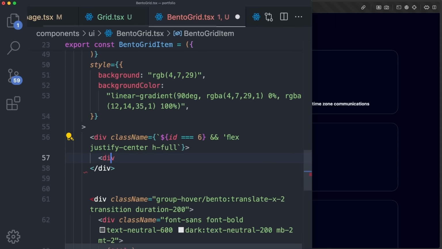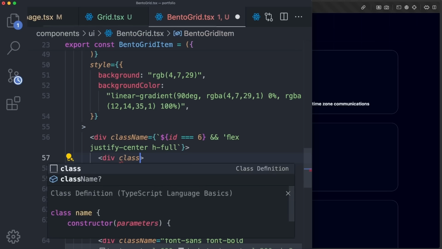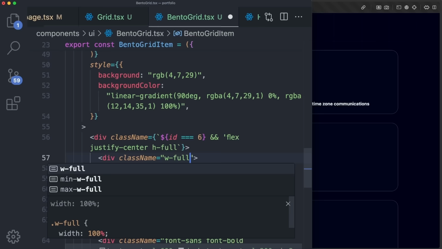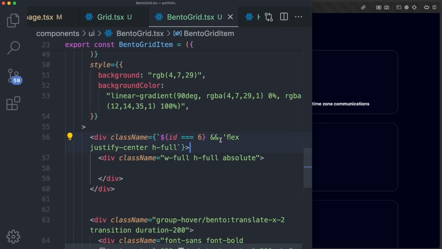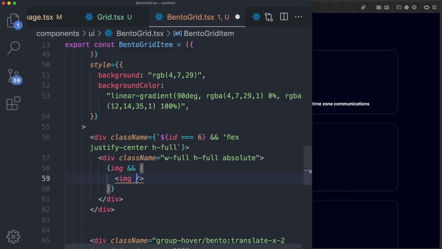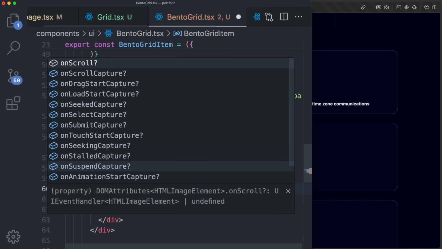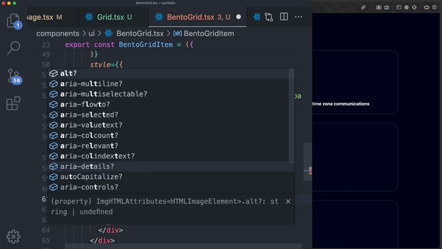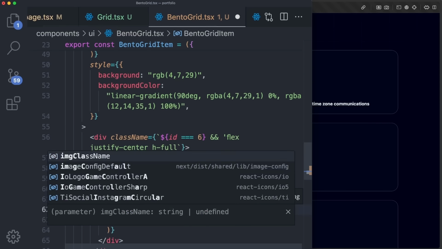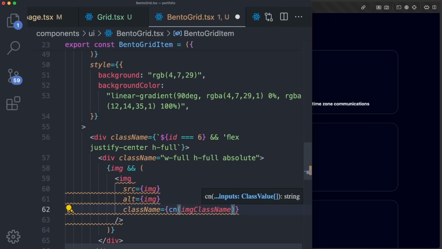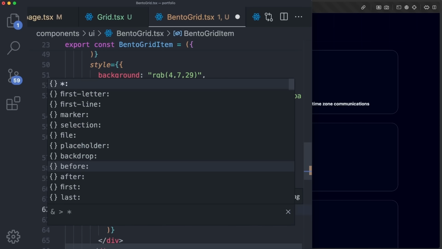And we can also give it an inner div with a class name equal to w-full, h-full, and absolute. We want to put an image right here. So if an image exists, then we want to render an IMG tag that will have a source equal to IMG, an alt tag equal to IMG as well, and it will have a class name equal to CN IMG class name. So these are the class names we're passing from props, as well as some basic ones like